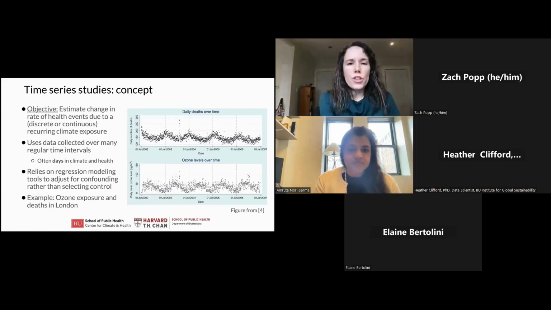As Amruta mentioned, while the excess event study design is really powerful, it has several limitations, some of which we're going to address with time series studies. So like with excess event studies, the objective of time series studies in climate and health research is usually to estimate the change in the count or rate of a certain health event due to an exposure to some kind